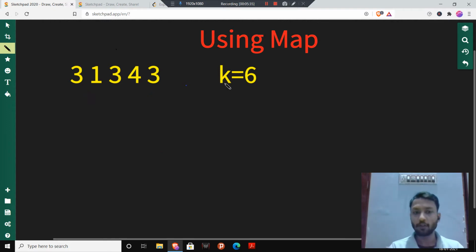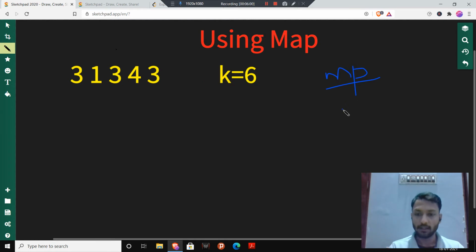Initially we are maintaining a map. Let's say my map name is mp. This will store the frequency of the numbers which we have in the array. It is an unordered map, so the elements will not be in sorted order.